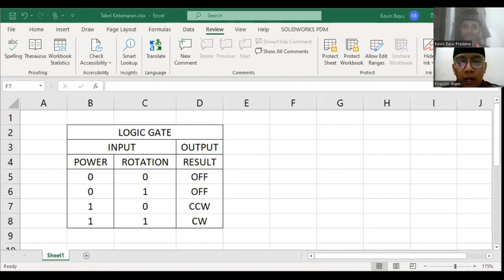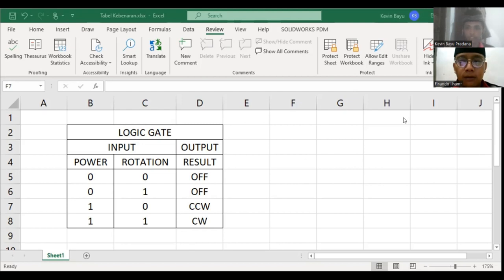In this video, we will explain about the DC motor project that we have made. Before explaining further, let us introduce our group, consisting of two people. My name is Vinando Ilham, with number 007, and my colleague, Kevin Bayu, with number 009. Next, we made an indirect input for a 15-volt DC motor speed controller using Bluetooth software and a program from Arduino IDE.